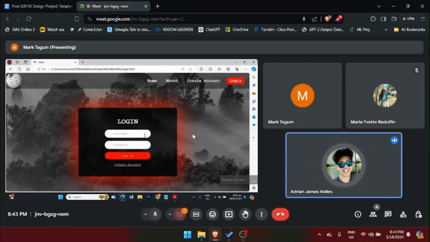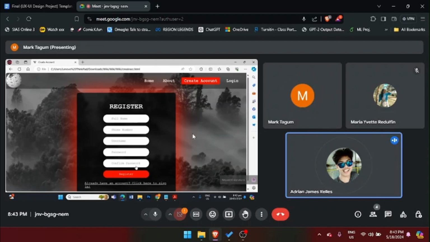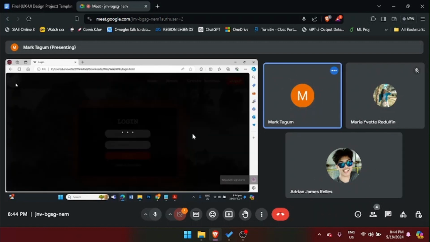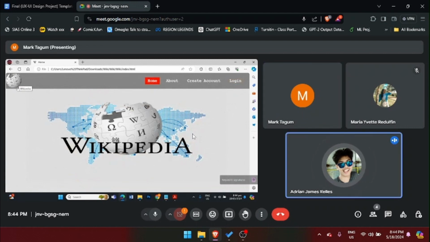And if you want to create an account, just click that so it can access the create account web page again. And if you click the Wikipedia logo above, it will direct you again to the home page.